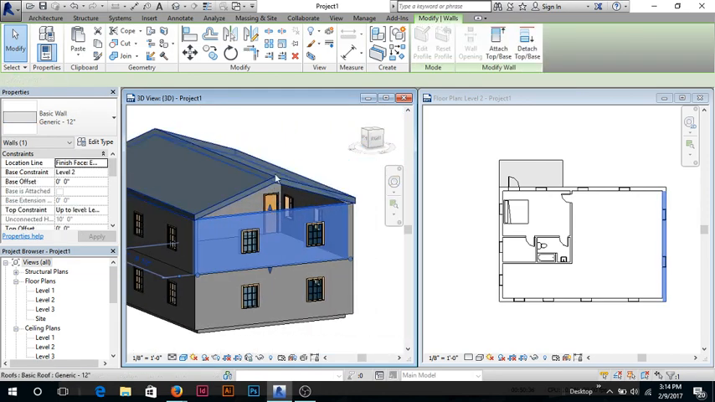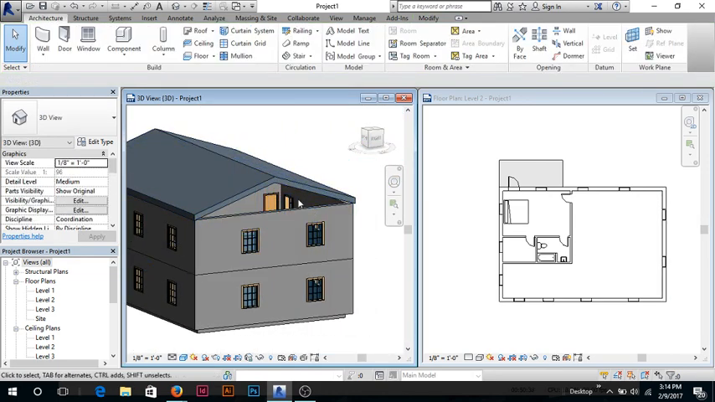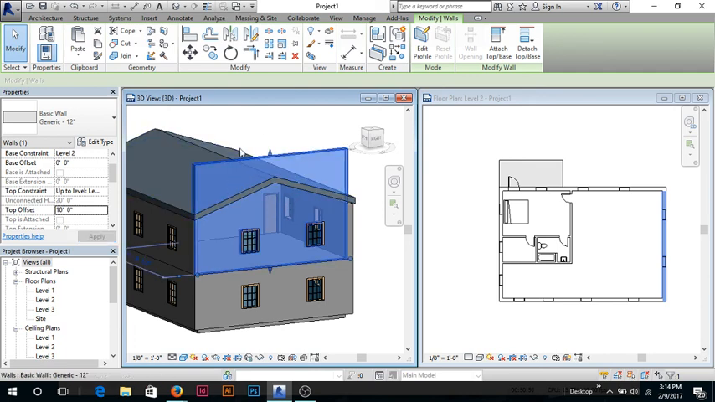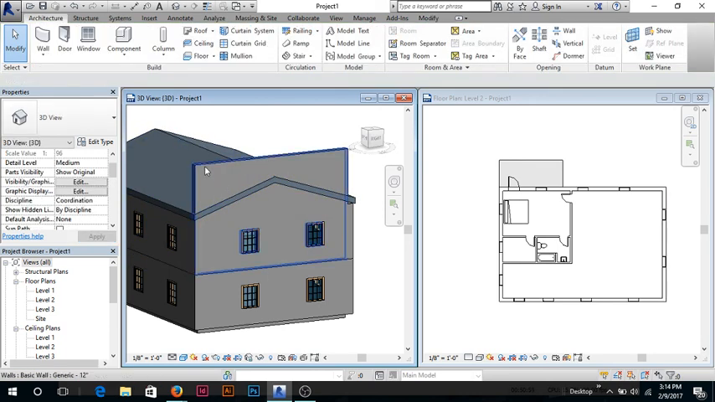But now this wall isn't connecting to it. So how would you do that? If I simply click on it, and then say top constraint level 3, and then change that to, let's say, another 10 feet, it's not going to be flush. It's going to be a total disaster. So if I just undo,